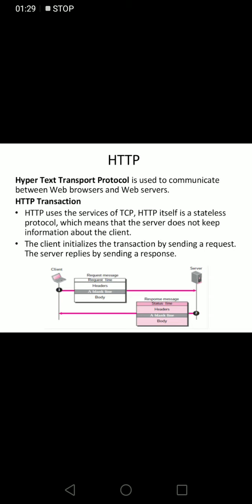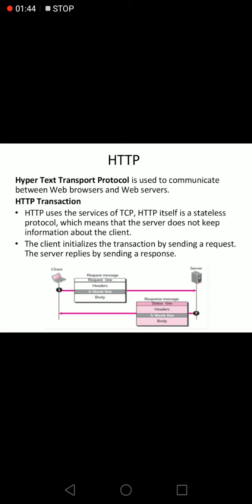And it also resembles SMTP. In SMTP the messages are stored then forwarded to the destination, but HTTP messages are delivered immediately.